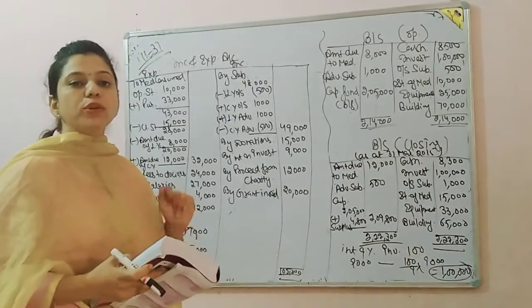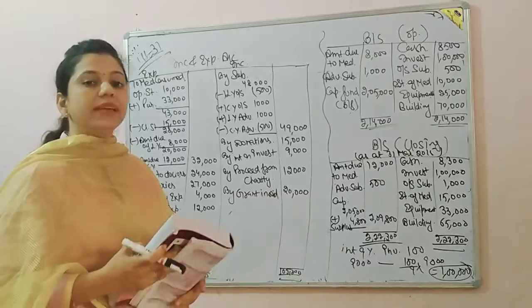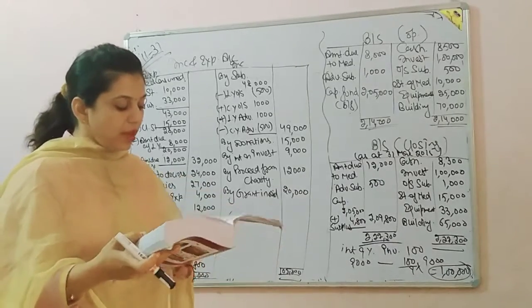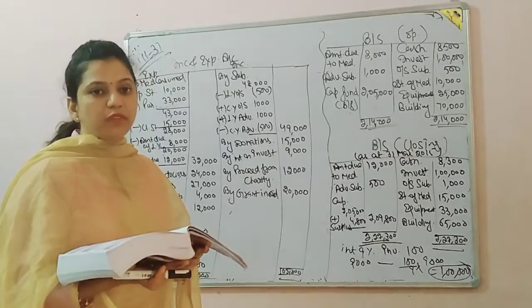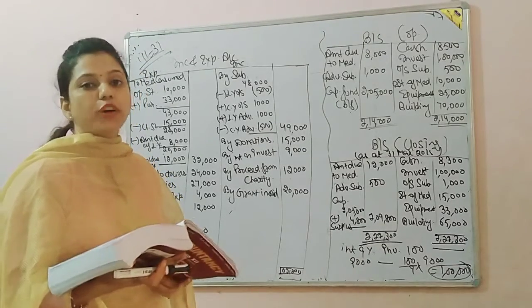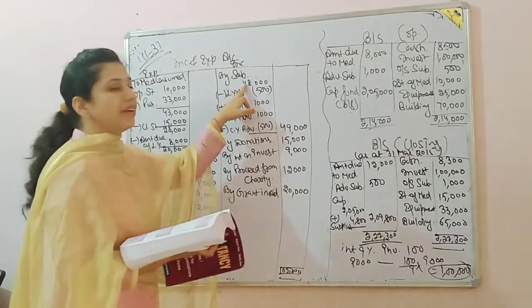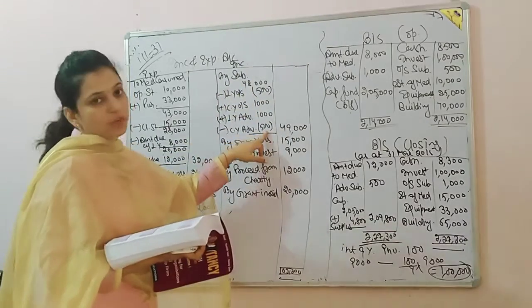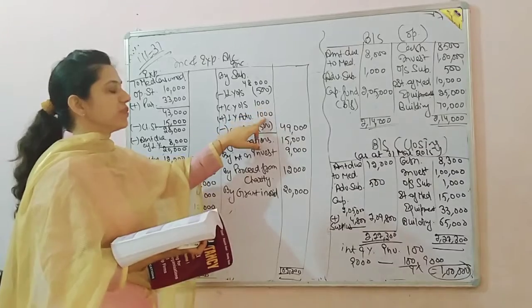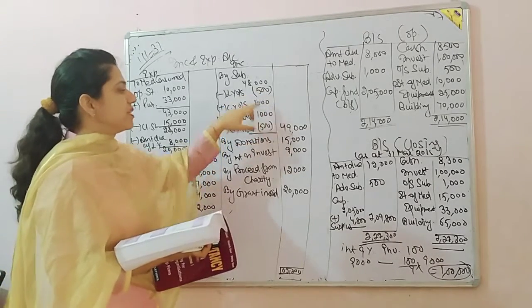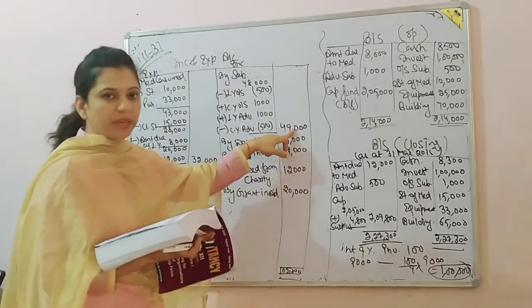Now we will come to receipt and payment account and make necessary entries. In receipt and payment account, in debit side, receipt side, first item is subscription of 48,000. We just write it here. The rest of all these we have already done. So add and less: 48 plus 1000 plus 1000, 50. 50 minus 1000, 49,000 will be here.